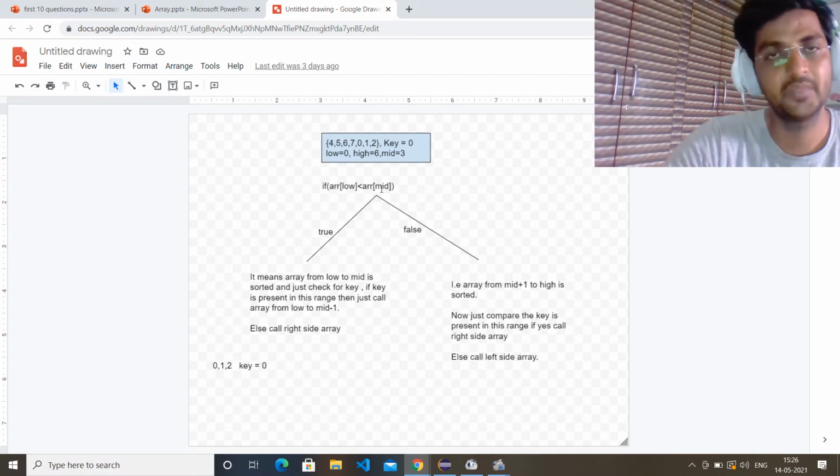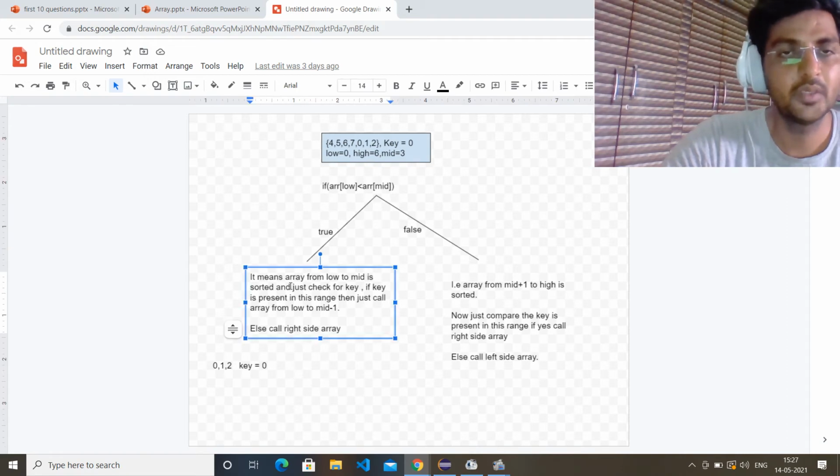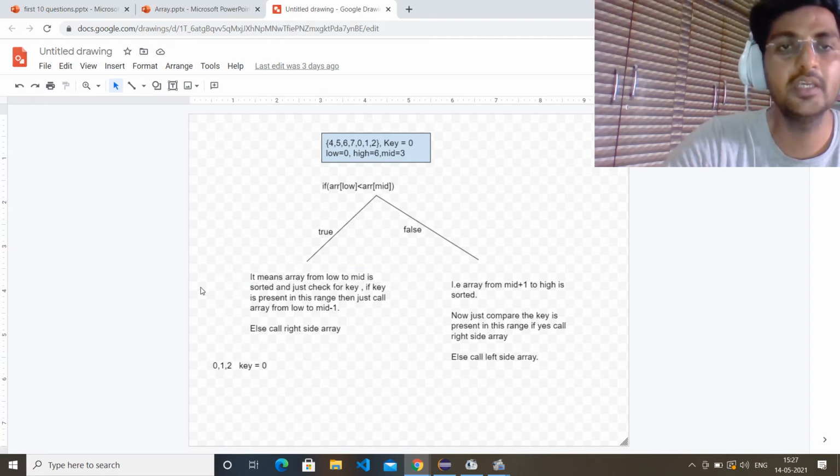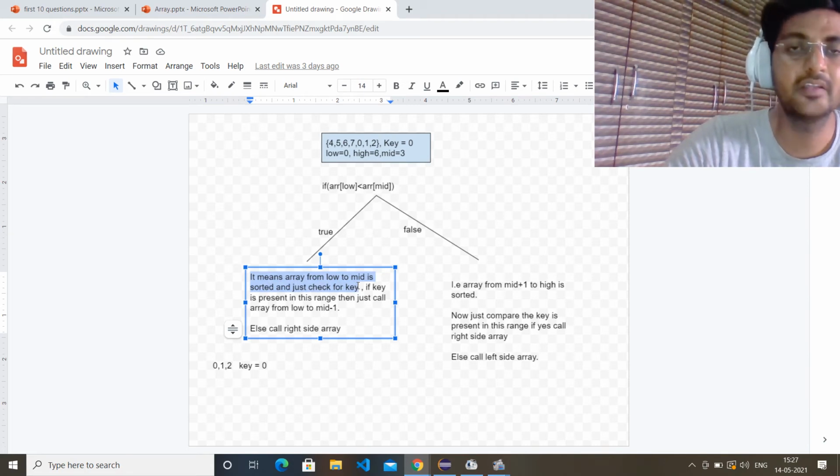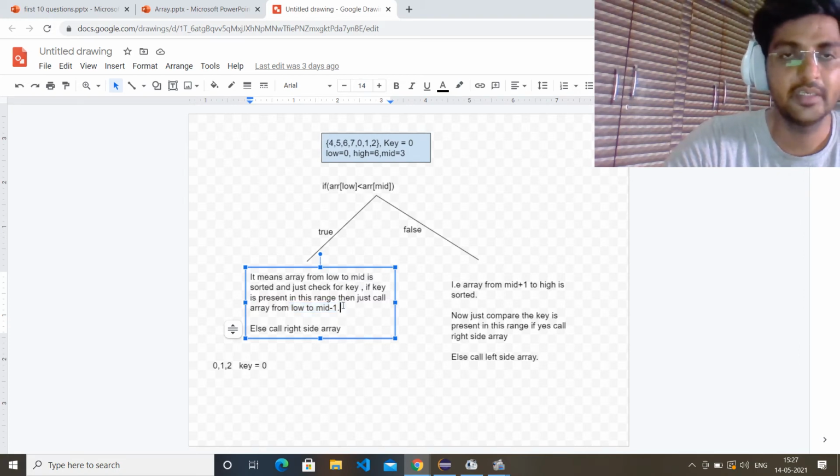If this is true, we come to this part. Here we need to check the key. If the key is present in the sorted range, we call the binary search from low to mid minus 1. If the key is not in that range, we call the right side array. Perfect.